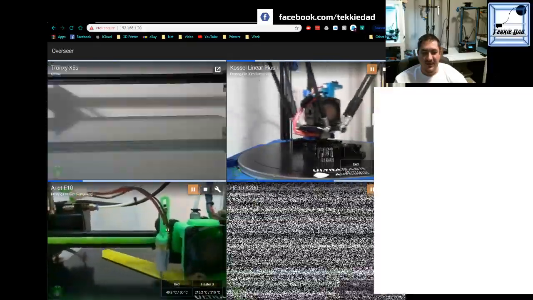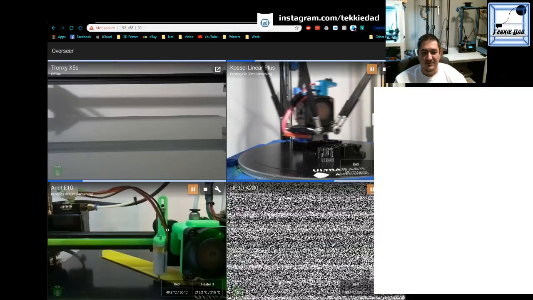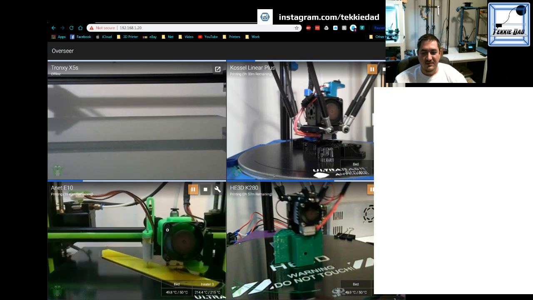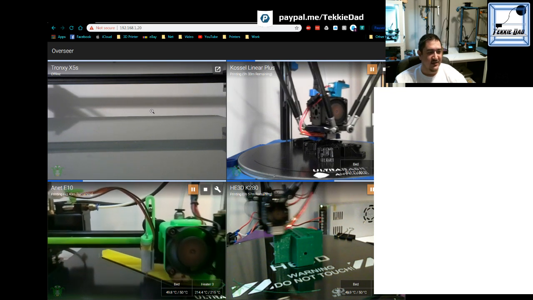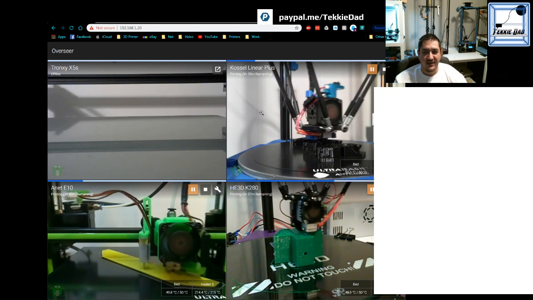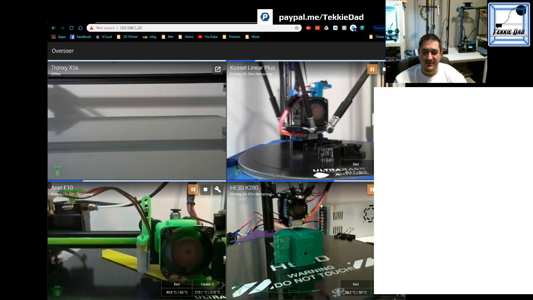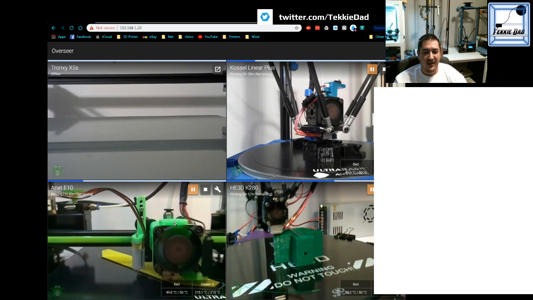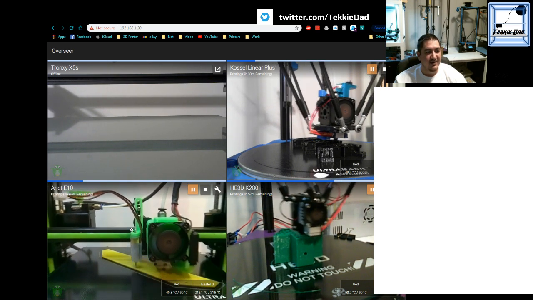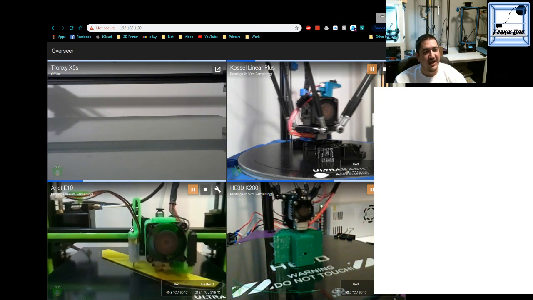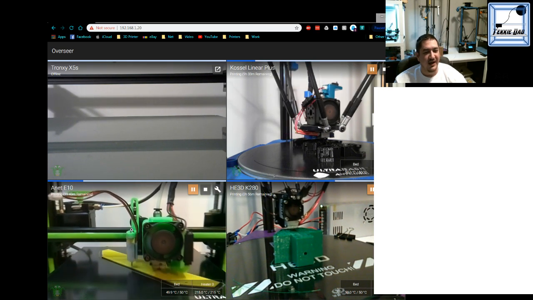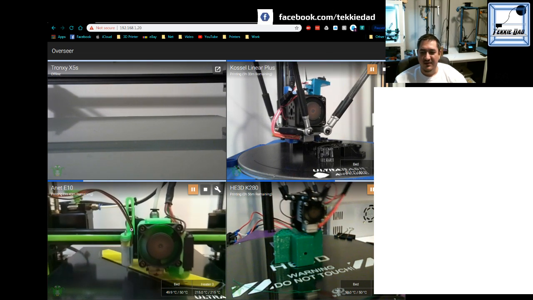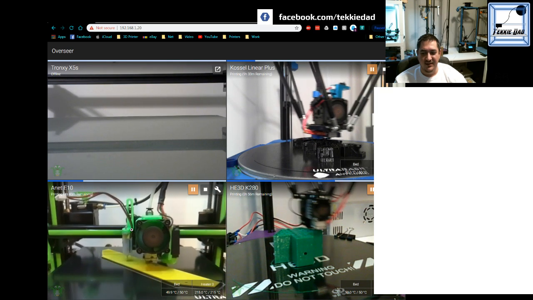Which doesn't make a lot of sense to me because the Tronxy is a Pi 3B plus, the Castle is a Pi 3B plus, this 280 is on a Pi 3, and then the E10 that came in the fastest is on a Raspi cam, but it's on a Pi 2. So you'd think the other three would be a lot faster than this, but